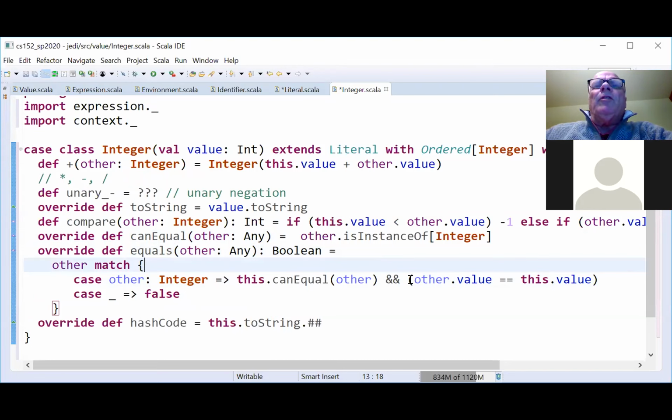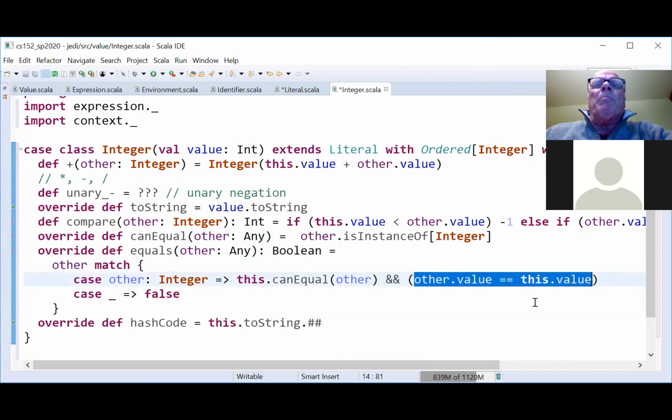And then here is the important part. Other dot value is the same as this dot value. So what this is saying here philosophically is that two Jedi integers are equal in case the corresponding Scala integers are equal.